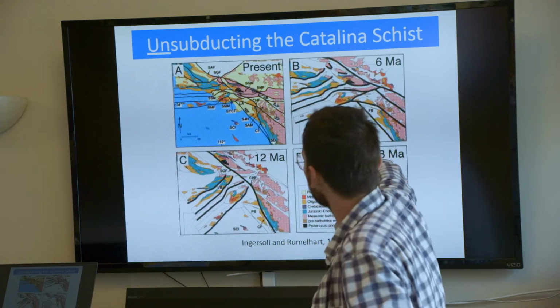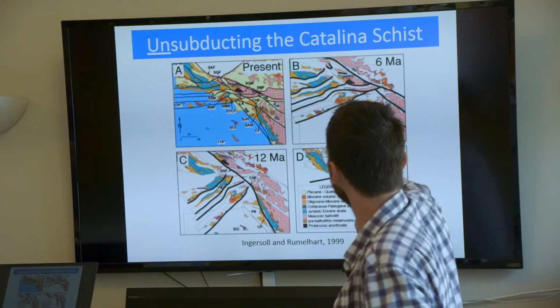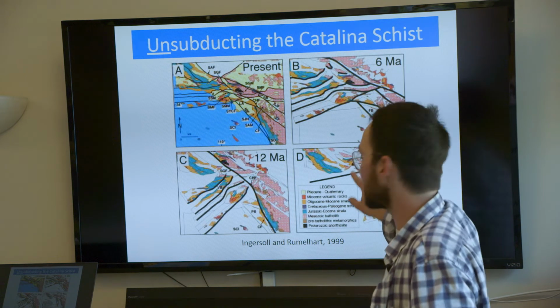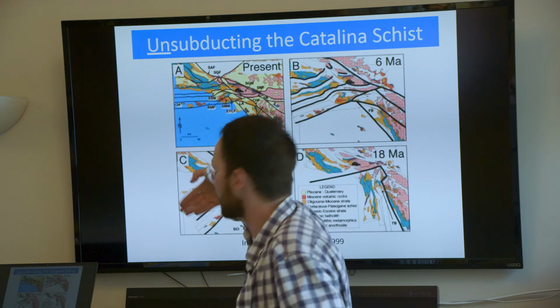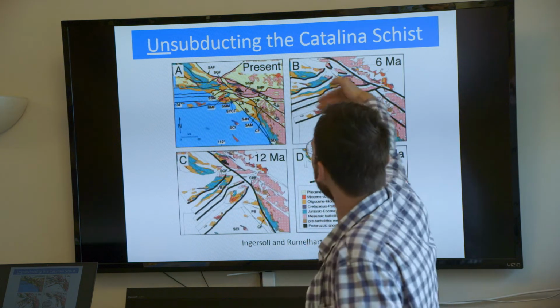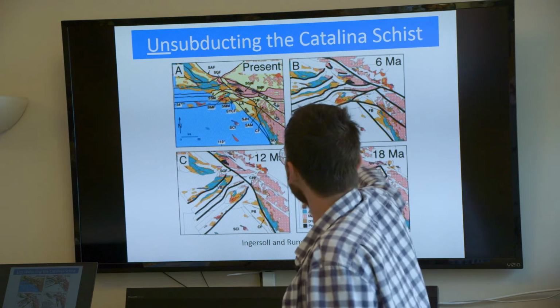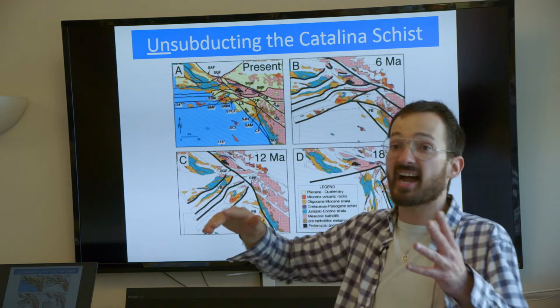And then as all those mountain ranges I mentioned rotated around, this is millions of years ago, 18 million years ago, here's all of the Santa Monicas and Santa Ynez mountains blocking your ocean view. And then 12 million years ago, they're rotating out of the way, and here they are today, those mountains there. And so as they did that, it opened up this whole space in between, and Catalina Island was